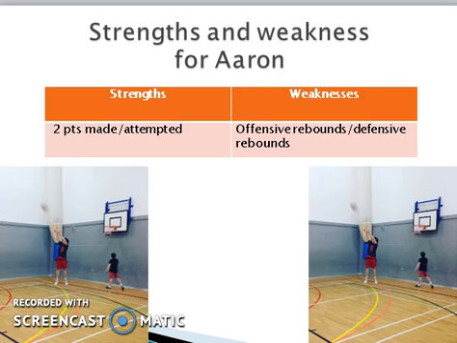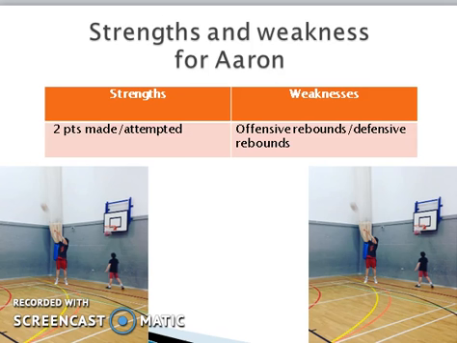But his rebounding isn't that great, so that will affect how many points off rebounds his team can get. He got 2 rebounds during the whole game. So next game I want him to get at least 5 defensive rebounds and 3 offensive rebounds, and I will get Aaron to do this by doing the Iron Man drill, which is 5 spots.